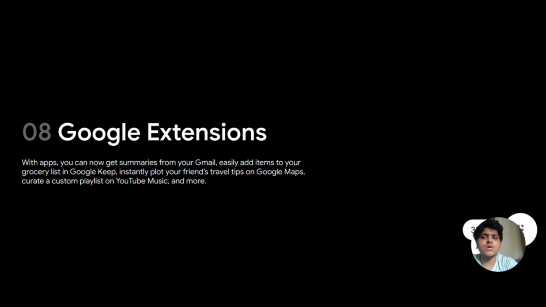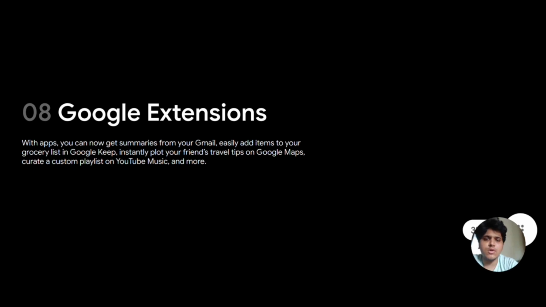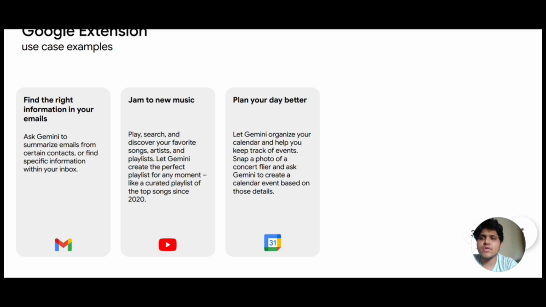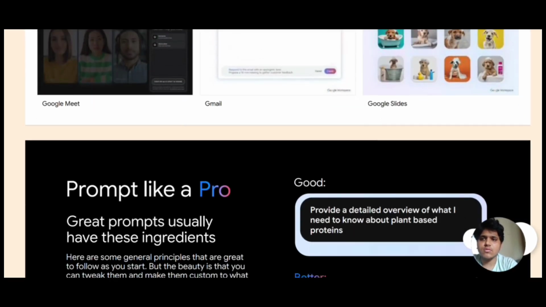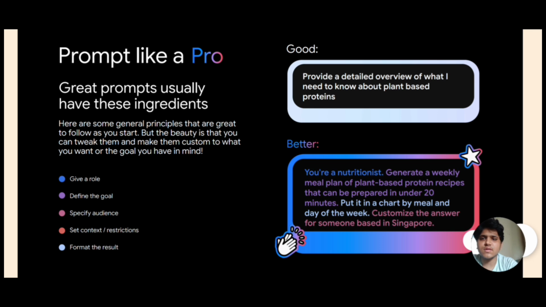Now, as I told, that Google extension, right? Gemini is already integrated in many of the Google products. You can say that Google Maps is there. Then we have Google Slides. Then we have something called Google Classroom. So all these things, it is already integrated, right? Other use cases you can see, in most of the things it is there.